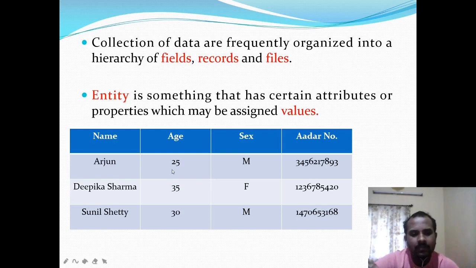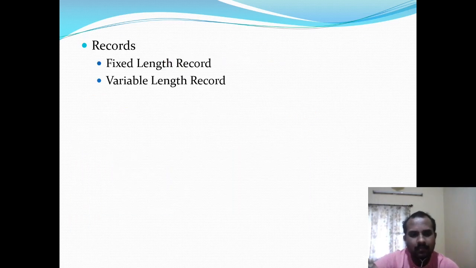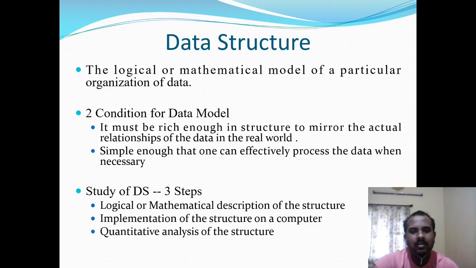All the records are of the same size. But in certain cases or conditions, we may have a record which will have extra properties or extra values. That is a variable length record.